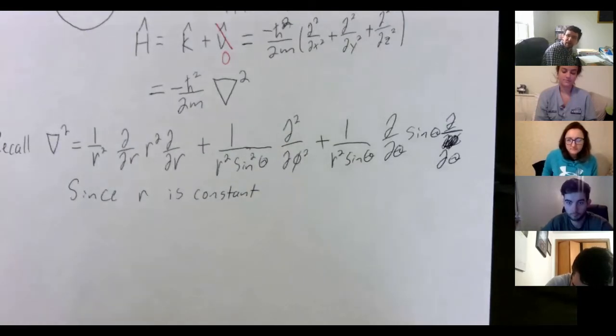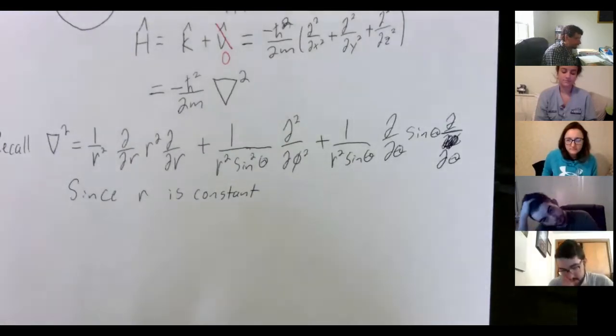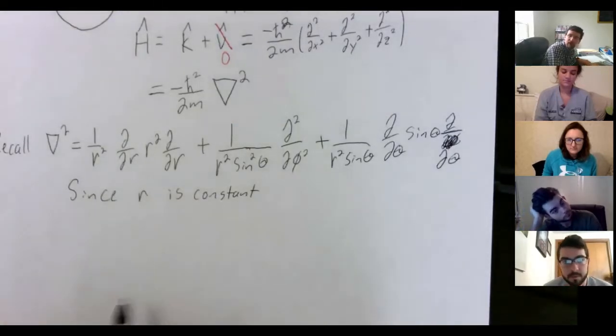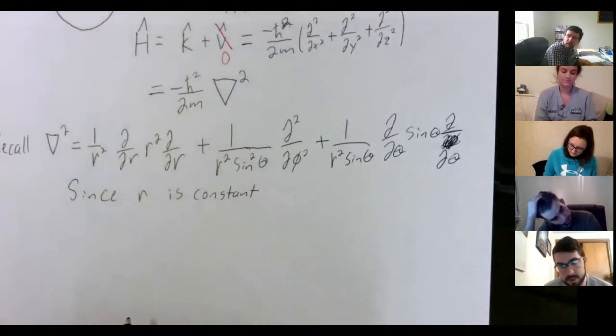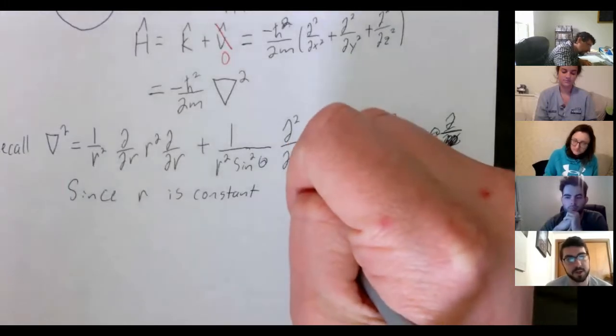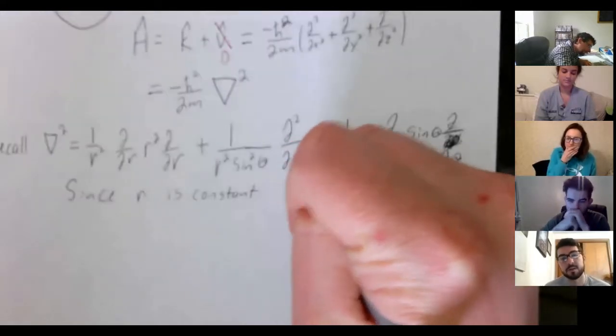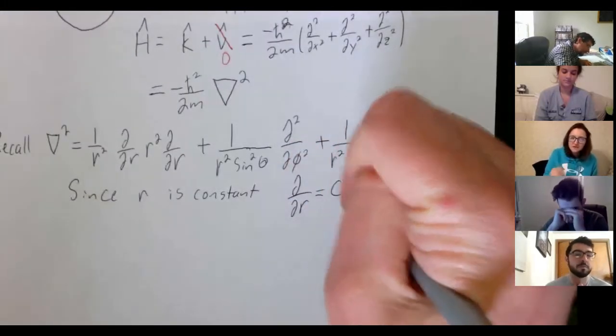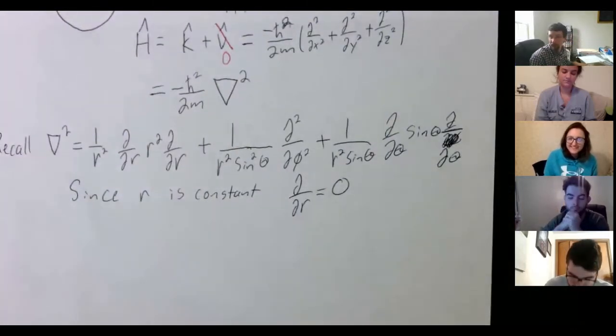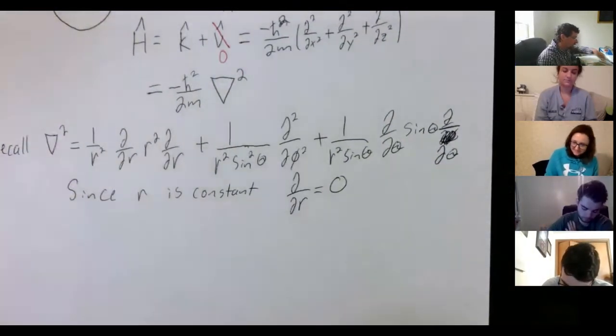Is there anything that's going to drop out? The whole first term. Why does the whole first term drop out? It's all R. There's no change in R. The derivative of a constant is always 0, so that's 0. So then